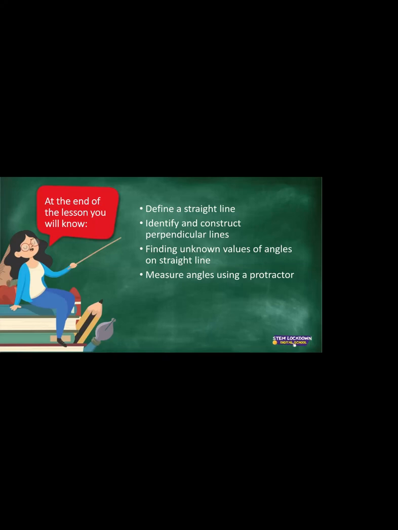for the day. So our objective number 1 is define a straight line. Objective number 2, identify and construct perpendicular lines. Objective number 3 is finding unknown values of angles on a straight line. Objective number 4, measure angles using a protractor. So I hope you guys have your protractors, because we'll be measuring using our protractor, and basically it's our lesson